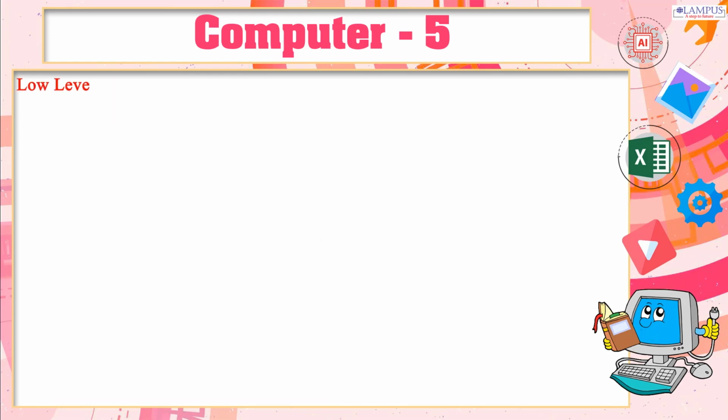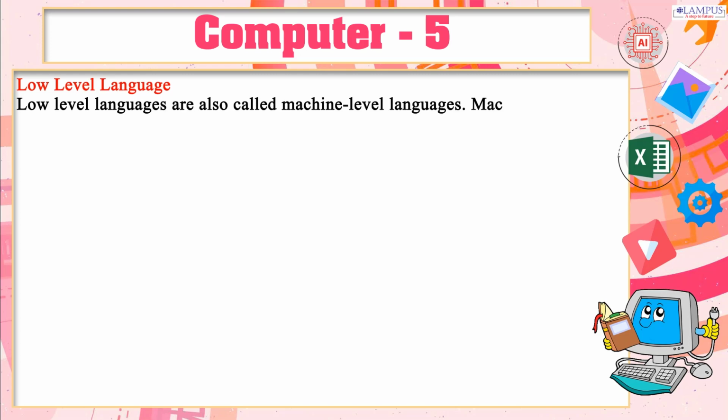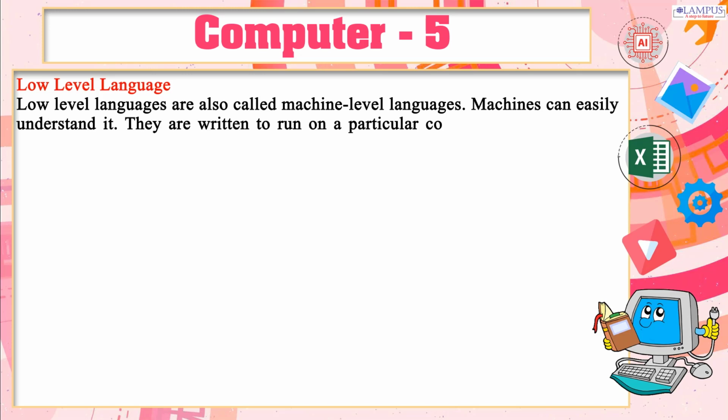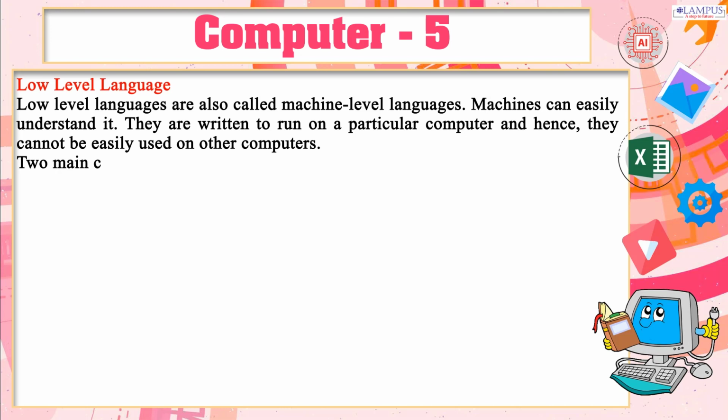Low-level language. Low-level languages are also called machine-level languages. Machines can easily understand it. They are written to run on a particular computer and hence, they cannot be easily used on other computers. Two main categories of low-level languages are machine language and assembly language. A machine language,